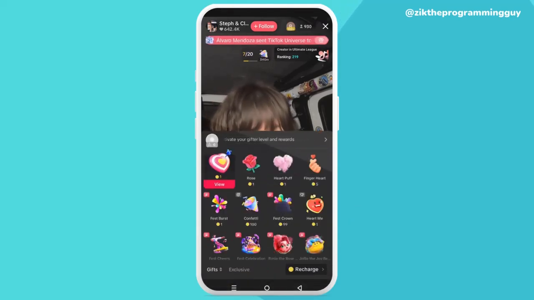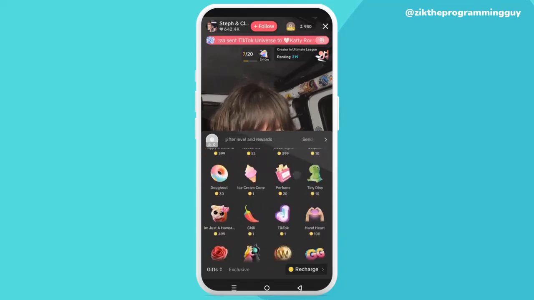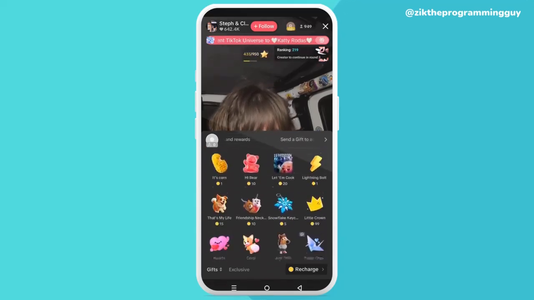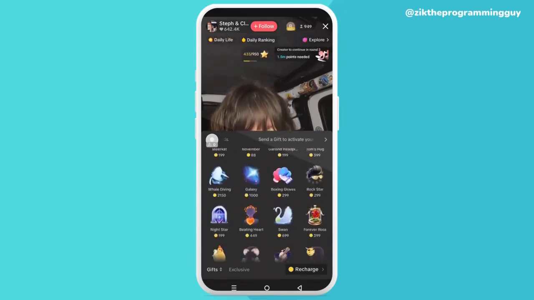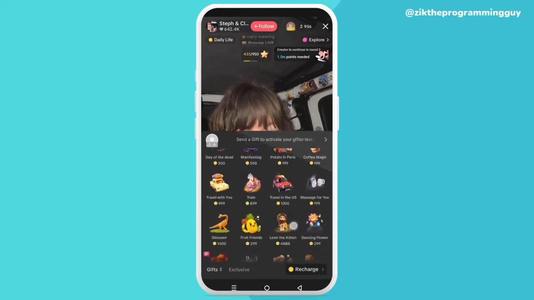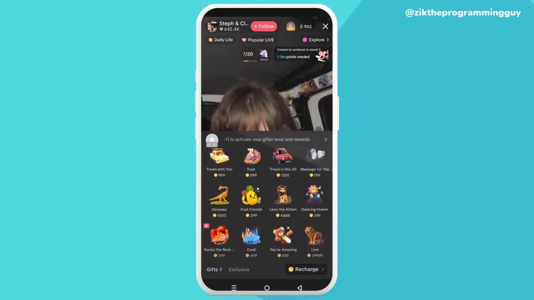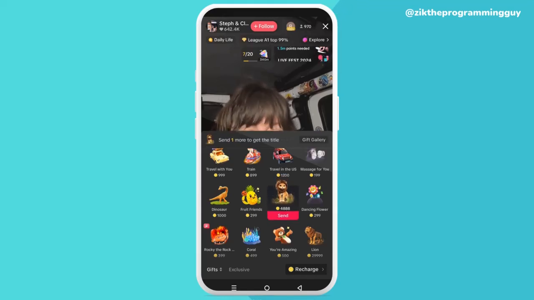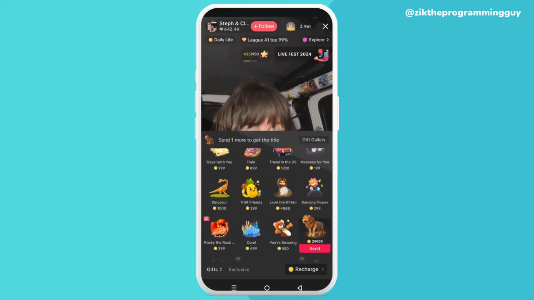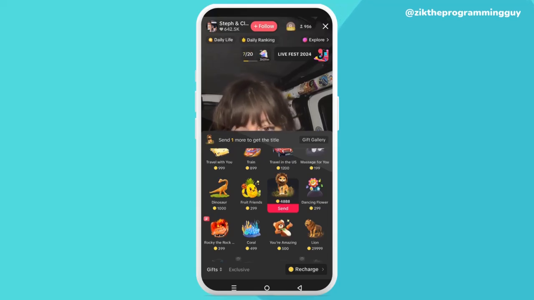So once I do that, the next thing I have to do is to scroll down until I see a lion. So here's a lion right here. So if I want to send this, though, we have the big lion and the baby lion, right? So if I want to send, for example, a baby lion, I just have to select it and I will see the worth of this baby lion. The worth of this baby lion is